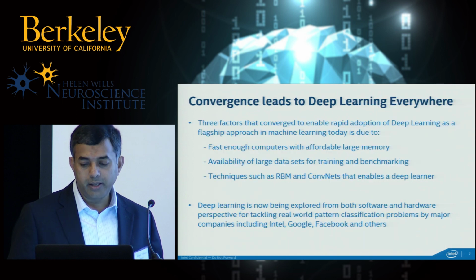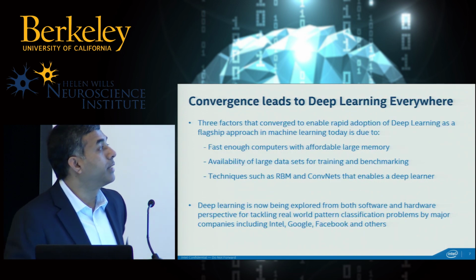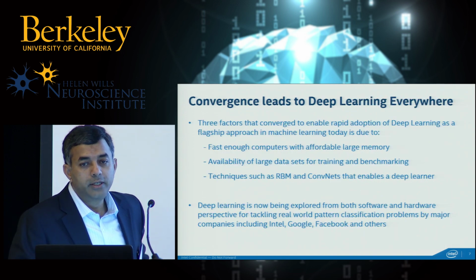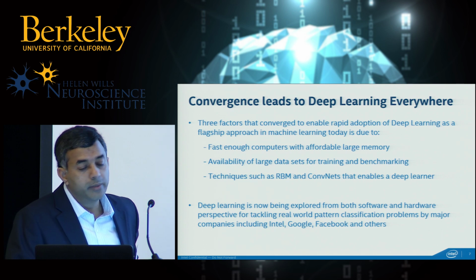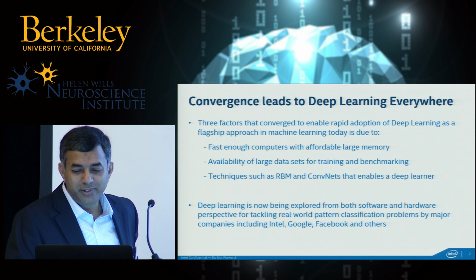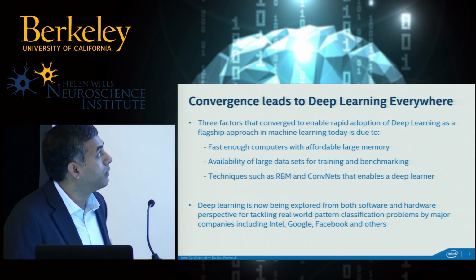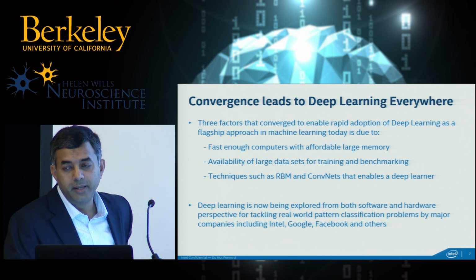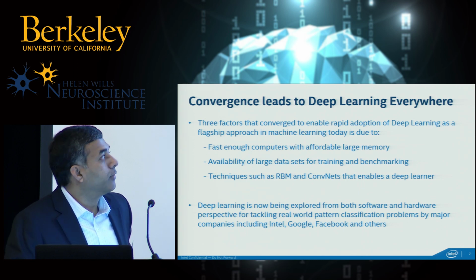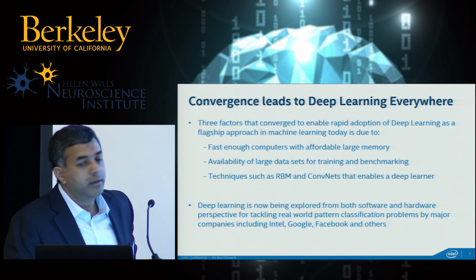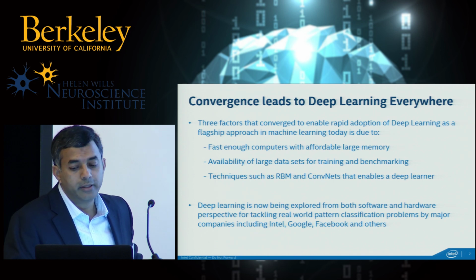And the big reason why deep learning is everywhere today is three factors. One of them is obviously you have fast enough computers enabled by Intel chips, for example, with affordable large memory, availability of large data sets for training and benchmarking, obviously. And then, of course, overcoming this bottleneck using deep learning technologies such as restricted Boltzmann machine and